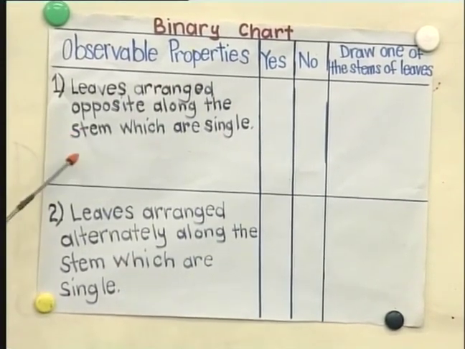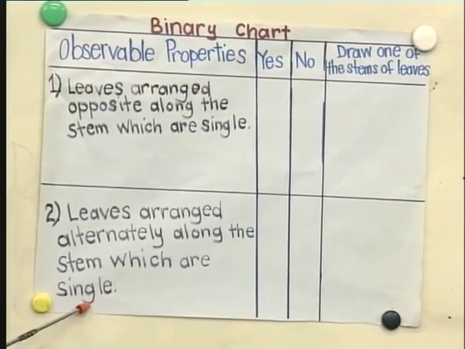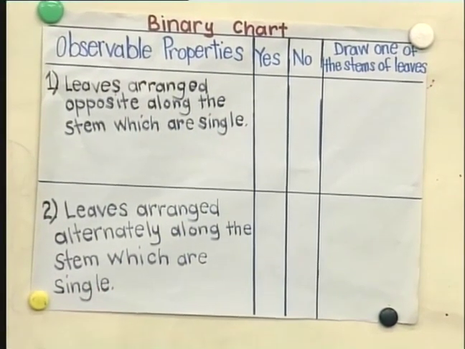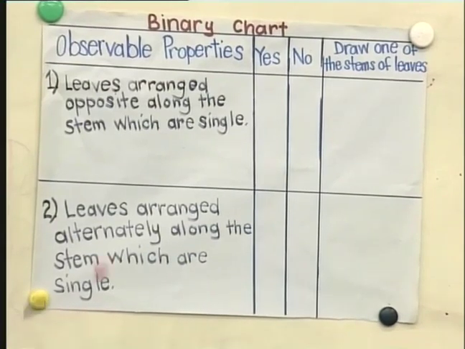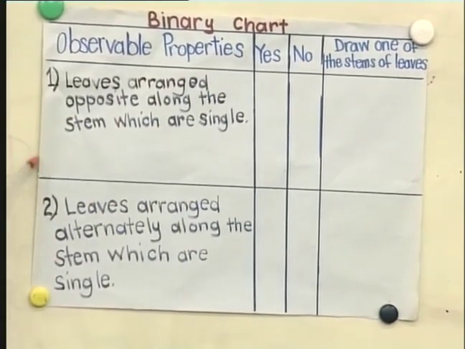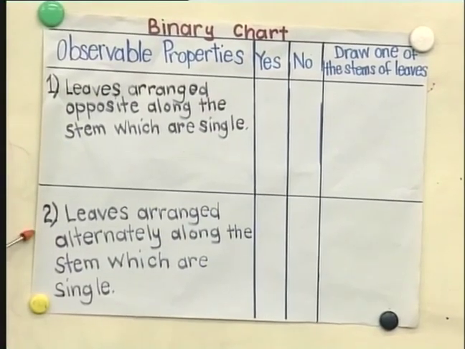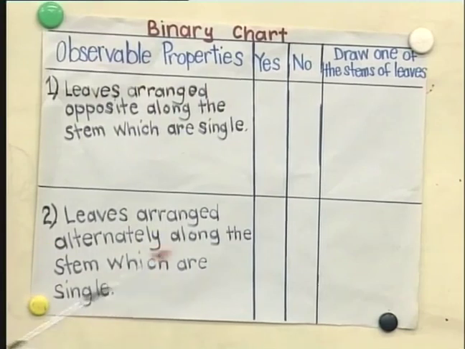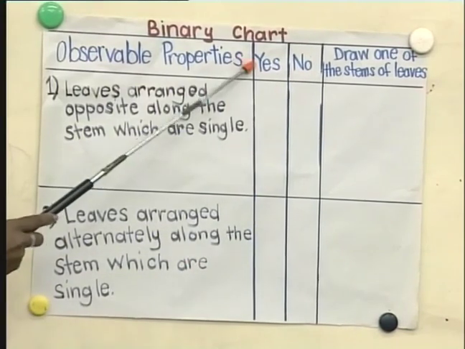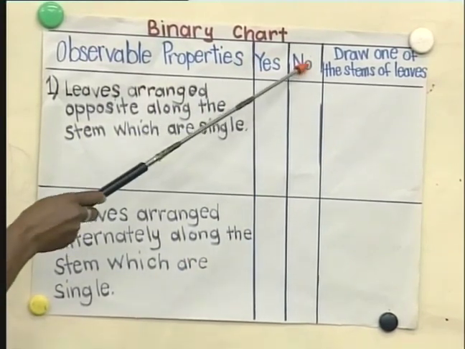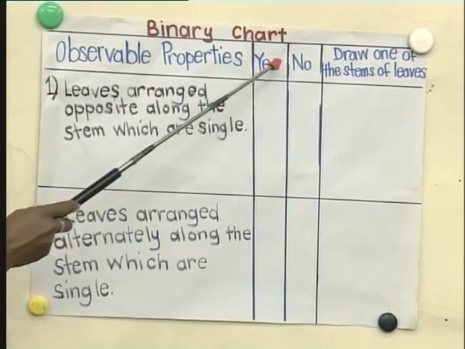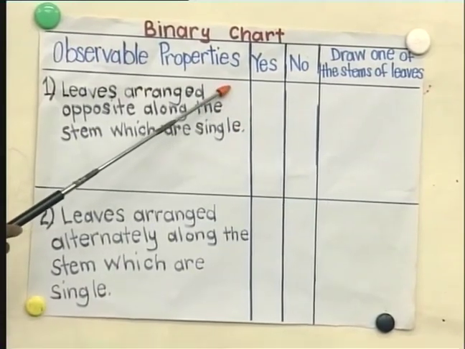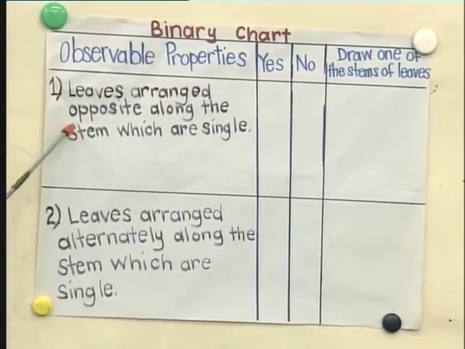You have a chart like this, and you have 4 columns. The first one is instructing you how you are going to sort your leaves that are on the stem. Second one, it says yes, and the third column says no. Now, this is what you are going to do. Once you sort your leaves into these subsets,